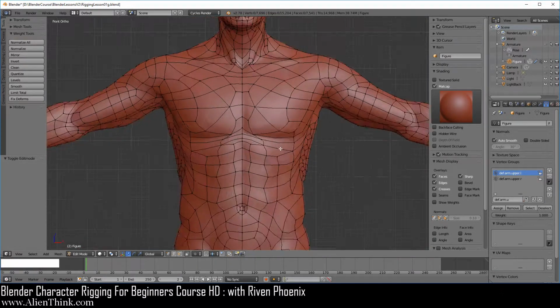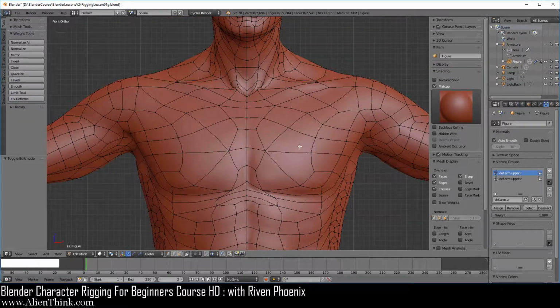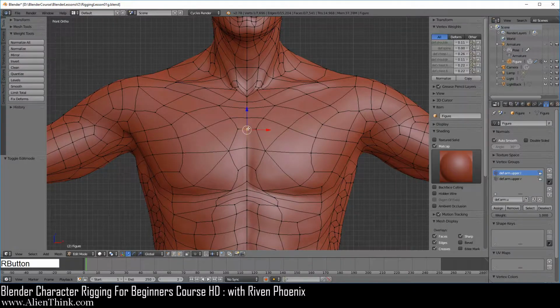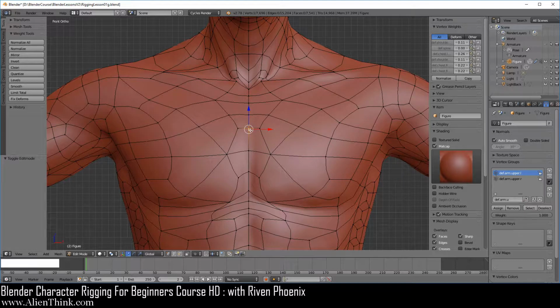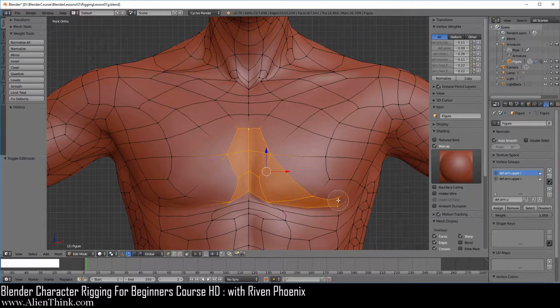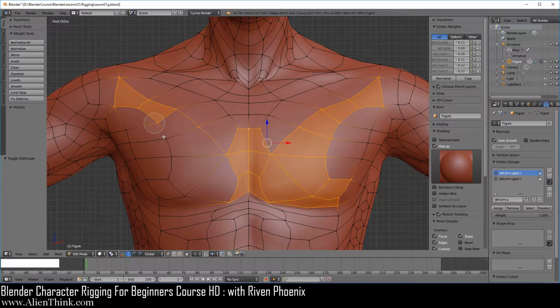Now, the quickest way to understand how weight transfer works is to simply create an accessory on your figure. So here I'm just going to show you how to do that very quickly. This is not the ideal way to do it, but this will help you to see how weight transfer works. Go ahead and click on this vertex, press the C key, and go ahead and select these vertices over here. And here we're just going to create a quick pattern of some type of an accessory that's going to be stuck to this figure. So let's just keep it symmetrical over here, just to keep it simple.